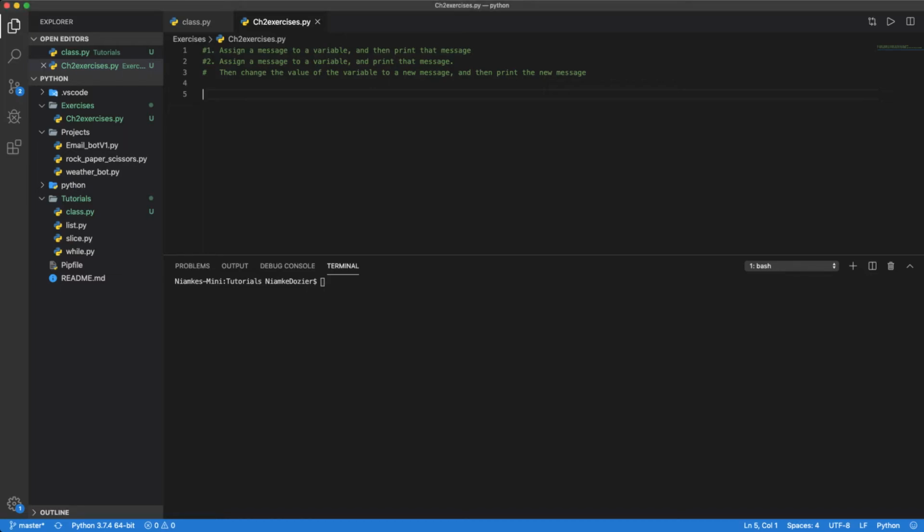Back again. Alright, so today we're just doing a little bit of exercises with variables in Python. So I'm taking these exercises straight from a book that I'm studying from. So the first thing it wants me to do is assign a message to a variable and then print that